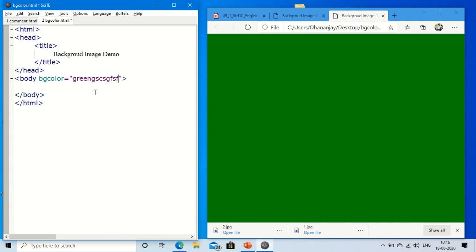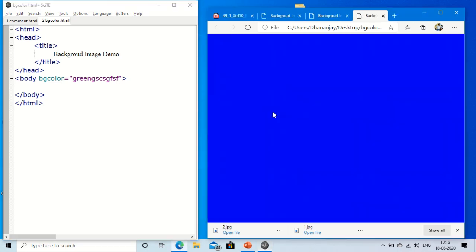Suppose I am giving this much. What will the color be? Let me press F5 and check. You can see some other color is displayed. This means there are two ways to give color. One is the color code, another is the name of the color. So this is a color code, but how will we know which color code is for which color? So we will see.